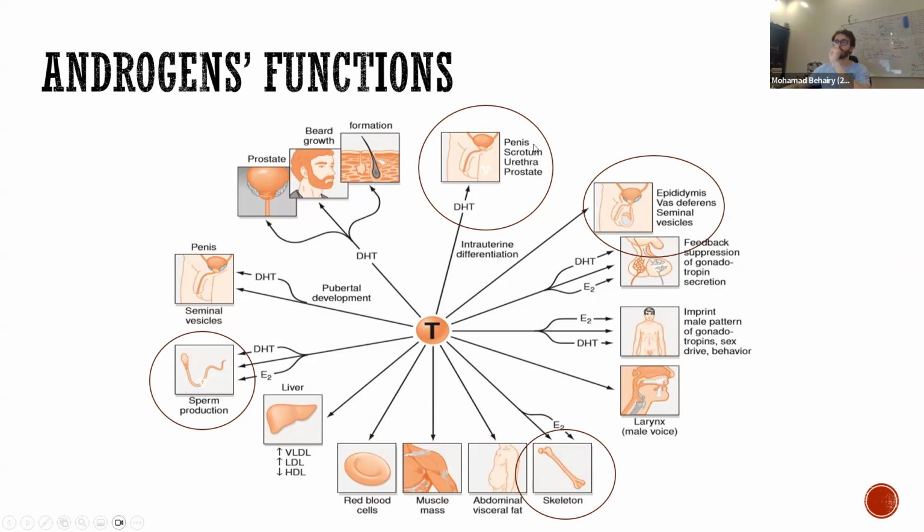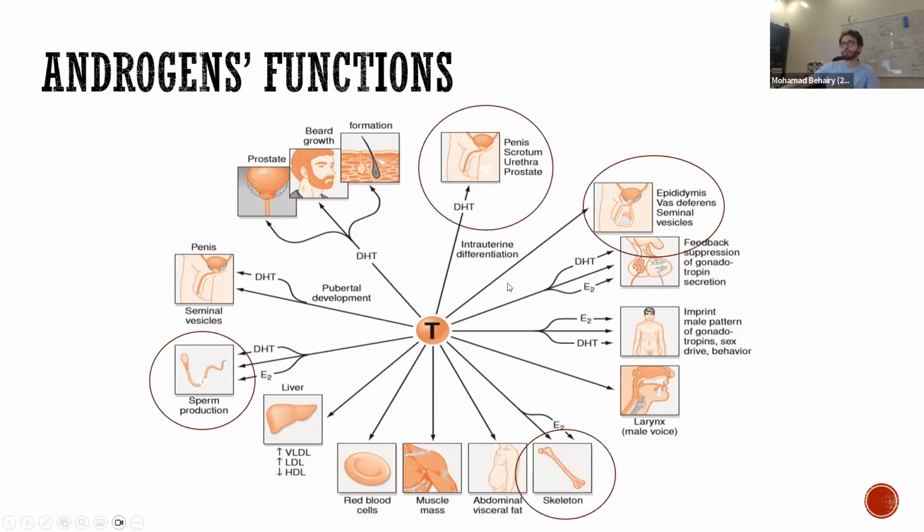The growth and development of the penis, scrotum, urethra, and prostate are all happening through dihydrotestosterone. So if, let's say, a patient presents with deficiency in dihydrotestosterone, it's safe to assume that they will have some sort of deficiency in their penile development and growth. Okay? Now, the epididymis with the vas deferens, the seminal vesicles, these internal reproductive male organs, are all developed through